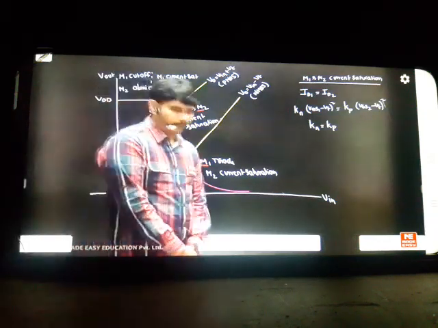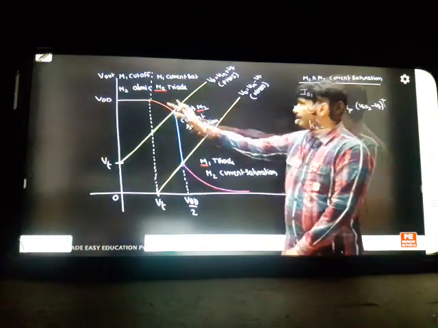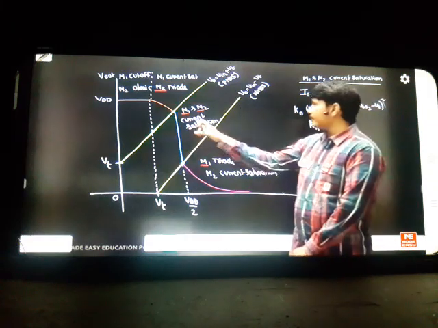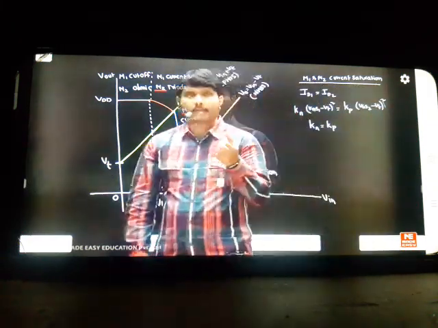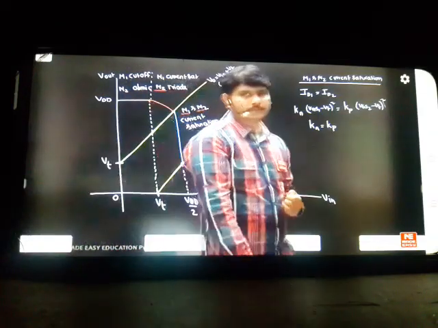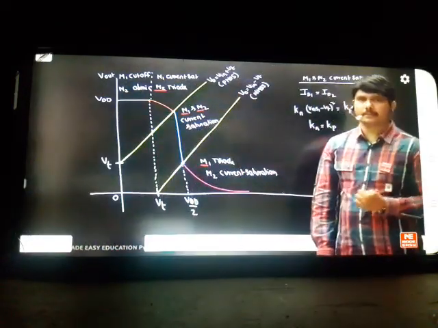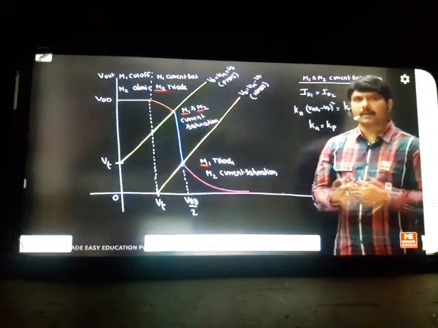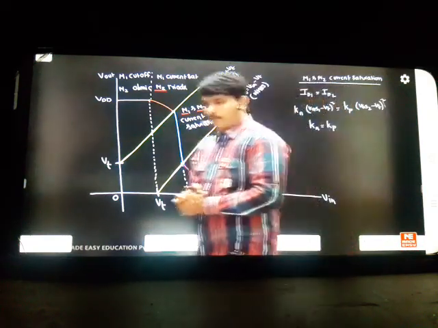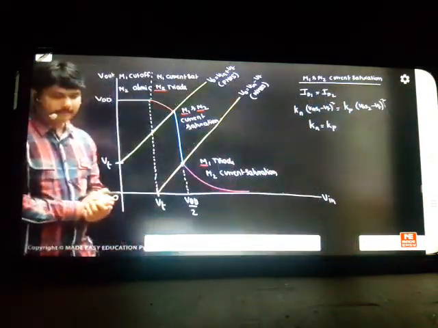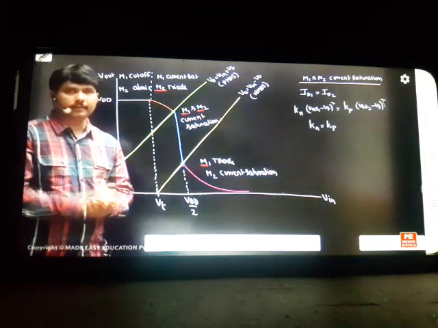So here, why we got the answer VDD as the highest value, and not VDD minus VT, is because the second transistor is not in current saturation, it is just an ohmic effect. Ohmic means VDS is 0 volts. When it is 0 volts, the output will be VDD only, the highest value, because ohmic means the difference is 0 there. But when you are in current saturation, there is some threshold voltage, that's why there is a difference. Here the difference is not coming. That drawback has been rectified with this technique. Ohmic means threshold is not required to subtract. If it is current saturation, you have to subtract the threshold voltage.